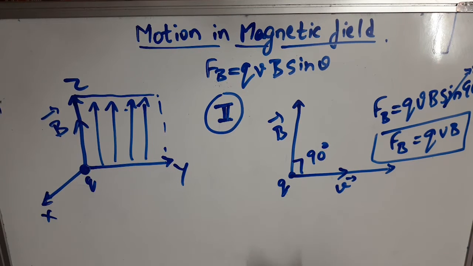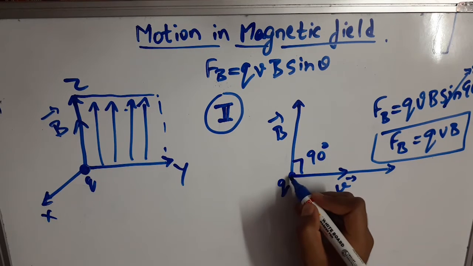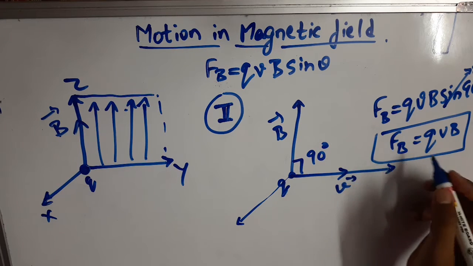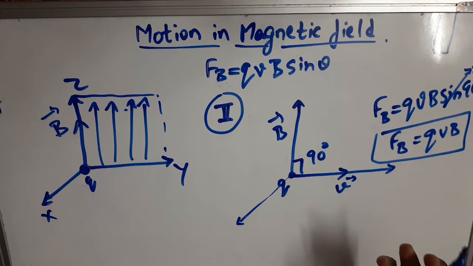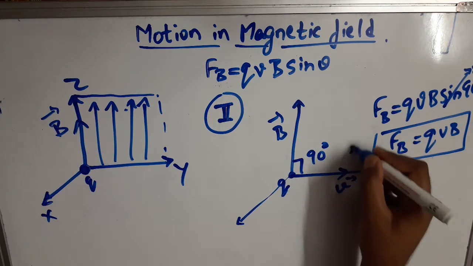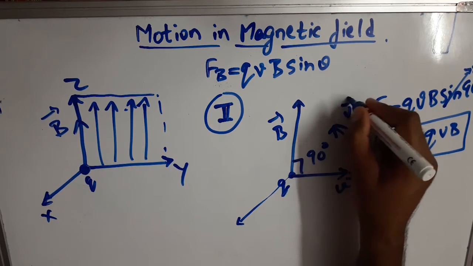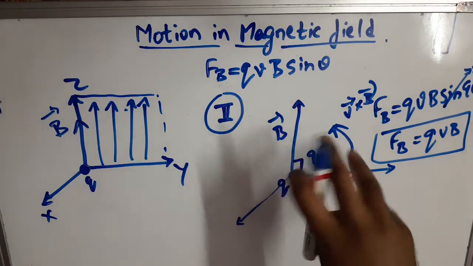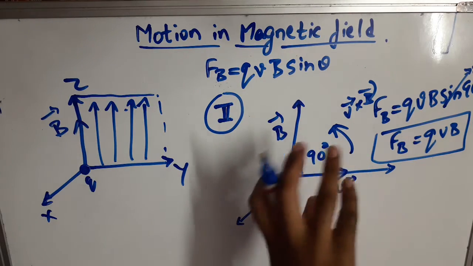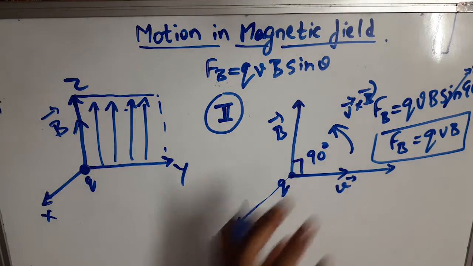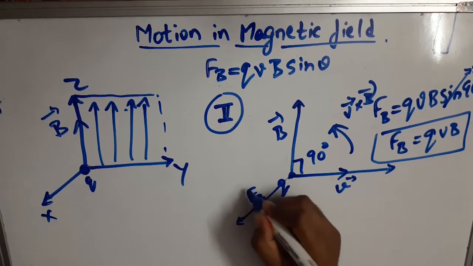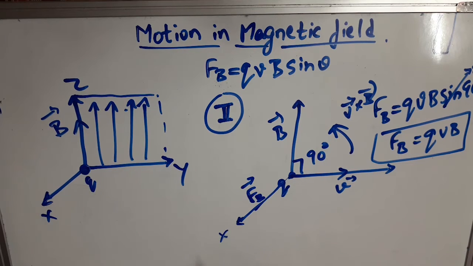So now we need to describe how the charge moves here. In this case we have to again define another axis, because we need to define the direction of the force, that is v cross B, right? Applying the screw rule, we see that it is in the anti-clockwise direction. Anti-clockwise direction means it is moving outward. So the magnetic force is in this direction, along the x-axis here.